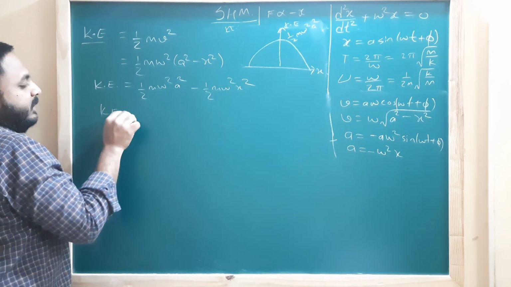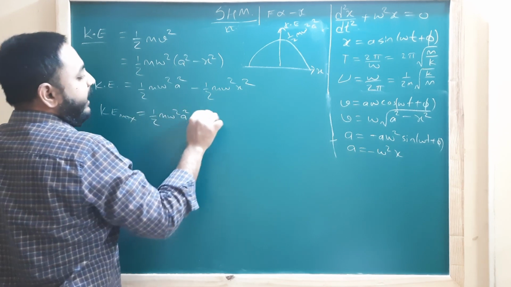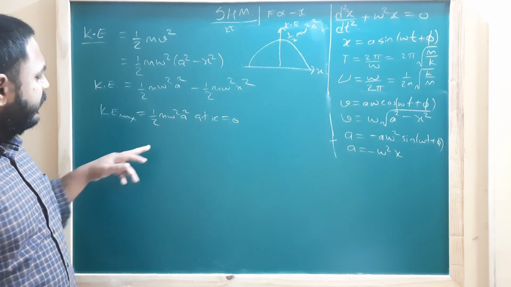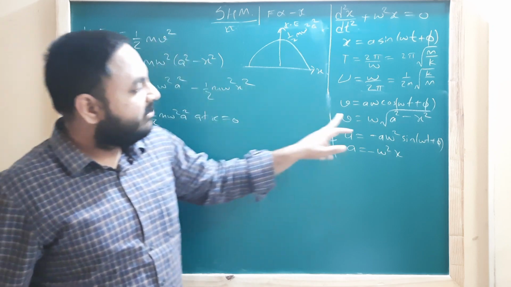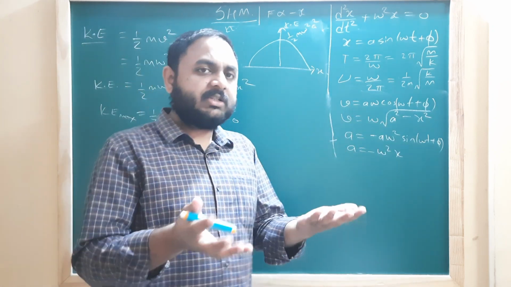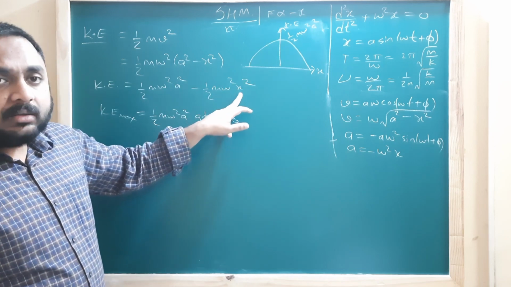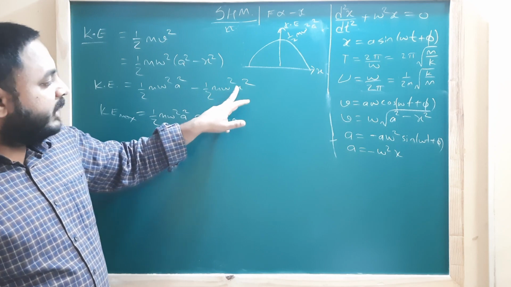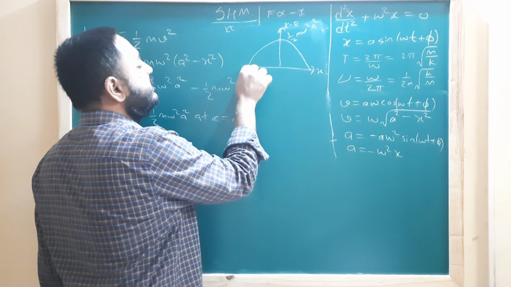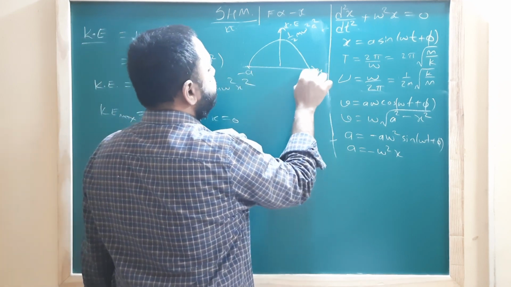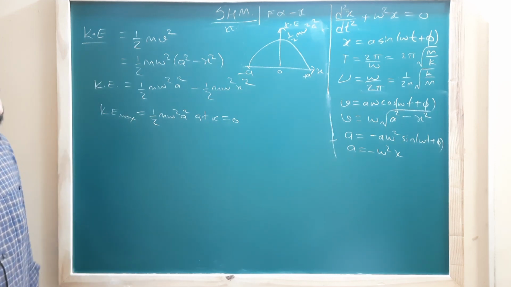So I'll write it down. K max is equal to half m omega square a square at x is equal to 0. Why do we have maximum kinetic energy at x equal to 0? Because kinetic energy depends on velocity, and velocity is maximum at x equal to 0. जहाँ velocity maximum, वहाँ kinetic energy maximum. That is what we are getting also. And when the displacement becomes equal to the amplitude, x equal to a, ये दोनों terms same हो जाएंगे. This will cancel out and you will get 0. This will be x is equal to minus a, this is plus a, and this is x is equal to 0. So this is the graph for kinetic energy.